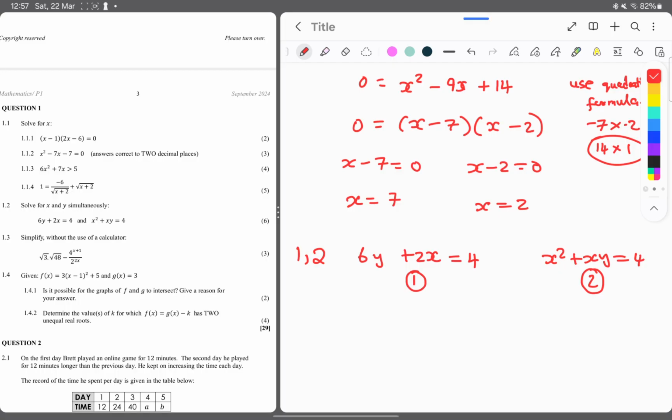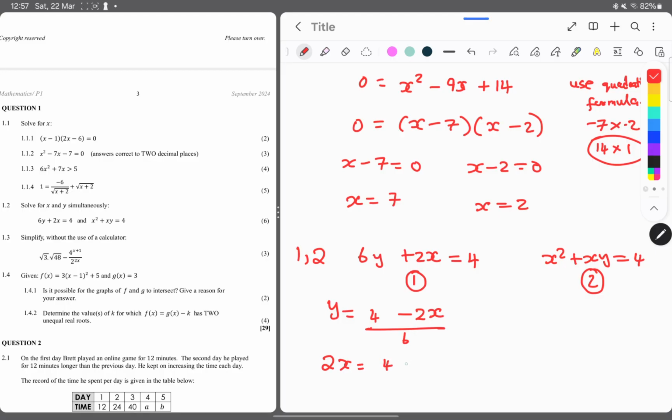Now the next question is, which one do we make subject of the formula? Do we make y or do we make x? Now that depends. If I make y subject of the formula, I'm going to get fractions, because y equals 4 minus 2x divided by 6. But if I make x subject of the formula, I get 2x